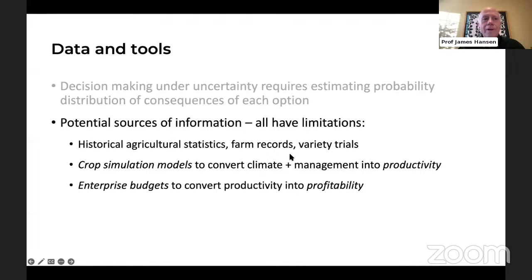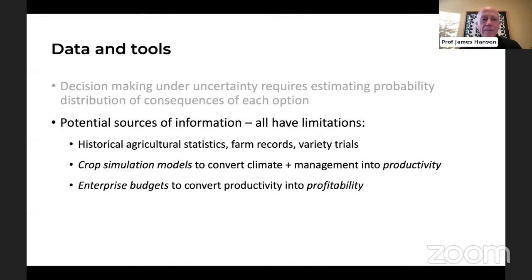Farm records. This could be a very relevant source of information to answer questions for a particular farm if a farmer keeps records over many years. But again, like with agricultural production statistics, the farmer won't necessarily test different management strategies. Variety trials, agronomic trials, they can provide useful information, but often they're not repeated over many years, or in the case of variety trials, they're not replicated with different management other than different varieties. So all of these